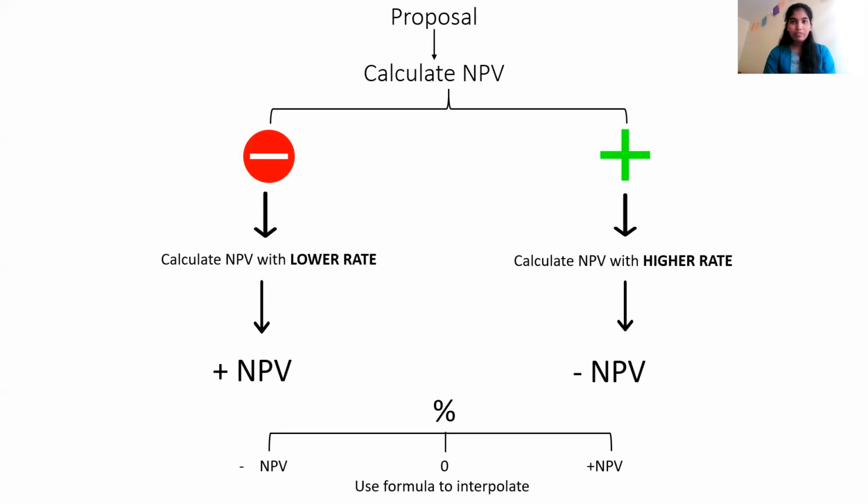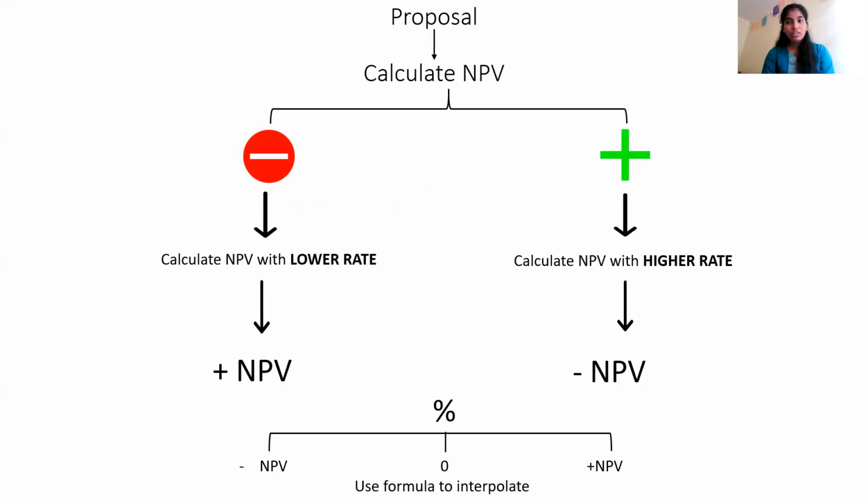Next slide. So let's say you have a proposal or a project, right? You'll be calculating your NPV, right? So in case you get a negative NPV, whatever discount factor you have assumed, you'll be lowering the rate. Let me give you an example. In case you had assumed a discount factor of 5%, so your NPV is now negative. You need to get a positive NPV, right? You will lower your rate, maybe reduce it by 2%, so it will be 3%. If you do that, you'll get a positive NPV.